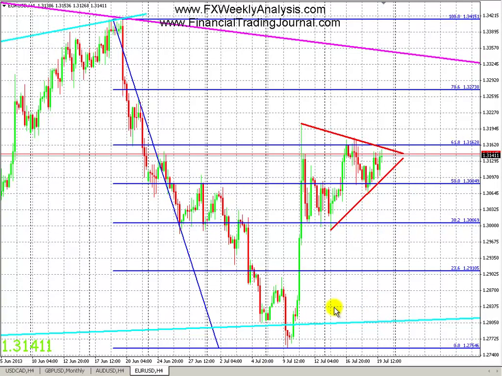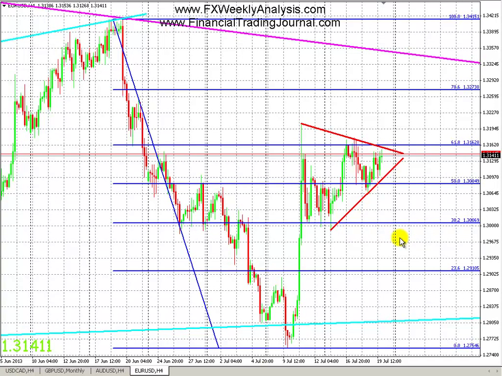But here's the problem: we also have a flag in play. This is a bullish flag. This green upswing here is the flag pole, and the symmetrical triangle is the flag. So going forwards, I don't really know what's going to happen. We have conflicting signals, as I mentioned. We have a flag and the 61.8 fib level. Which one is stronger, the fib retracement level or a flag?